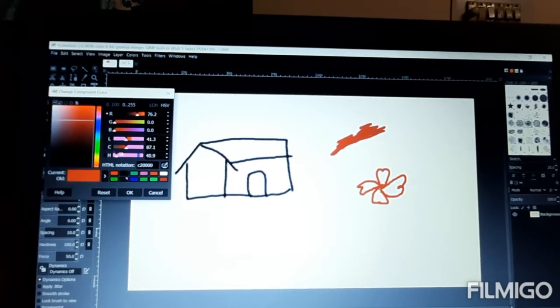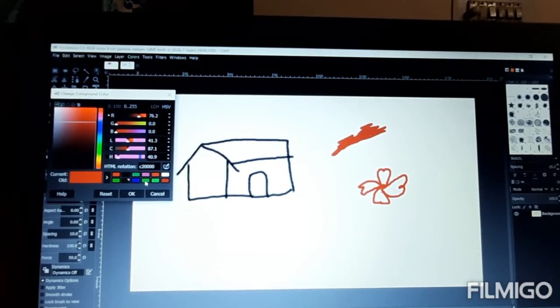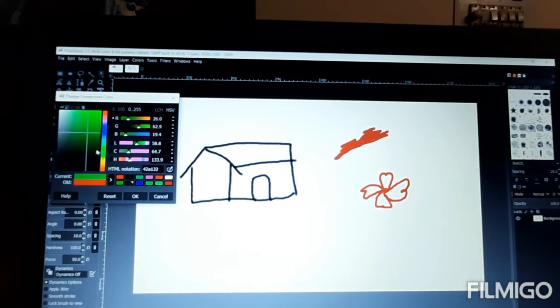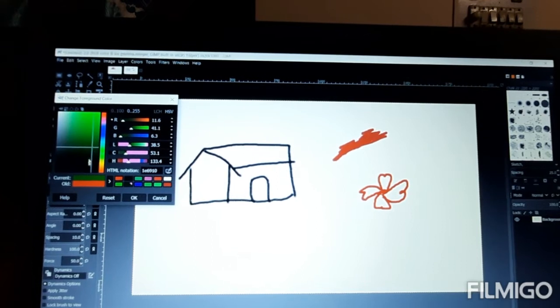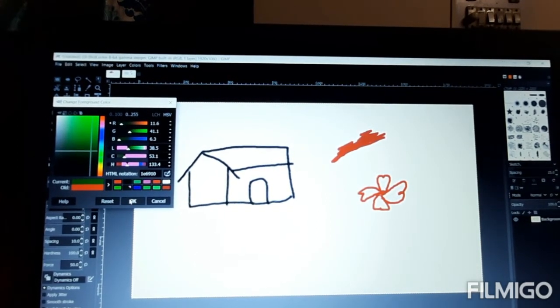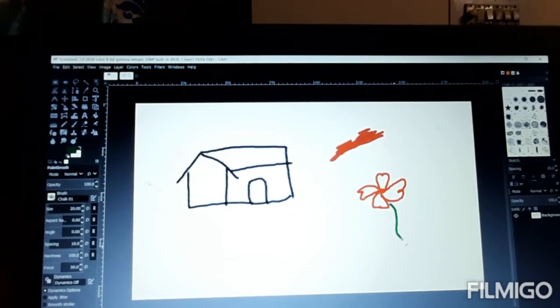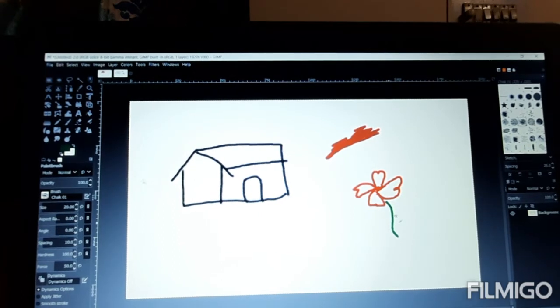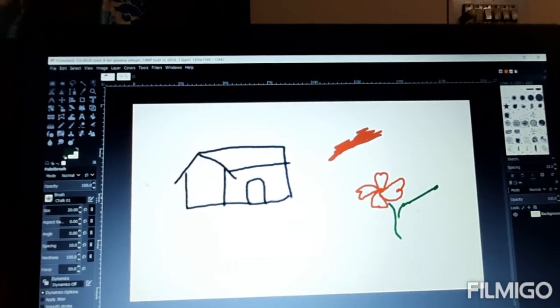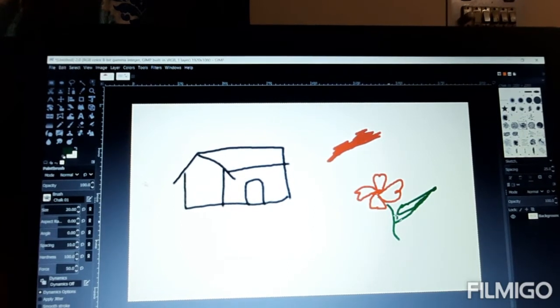I will click on the foreground color, then I'll choose the green color from here. This is green, this one. Okay, now I'll click on OK. Alright, so as you can see, the foreground color is now green and background color is white. Okay, so now this is the flower.